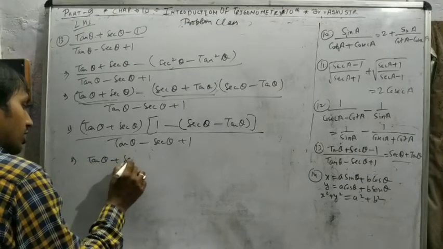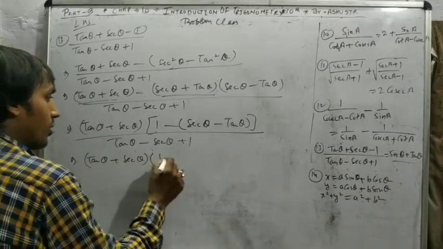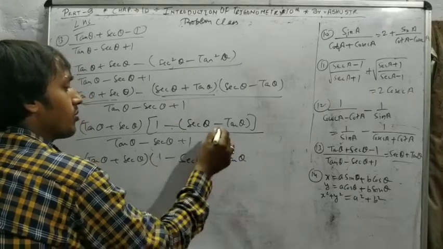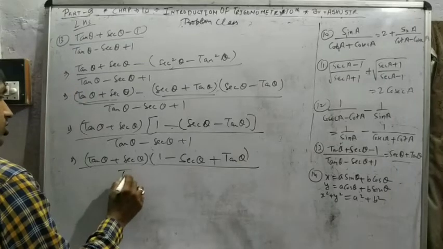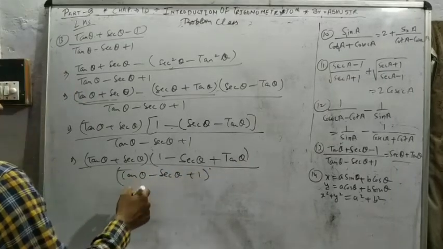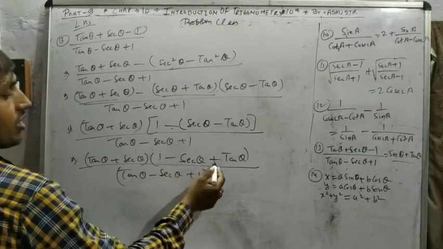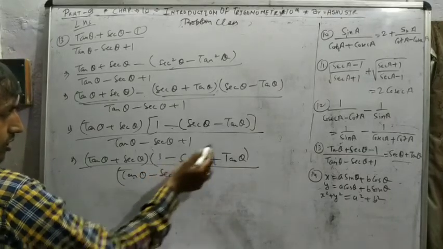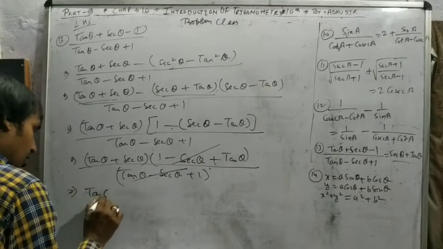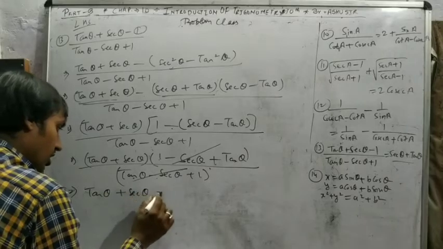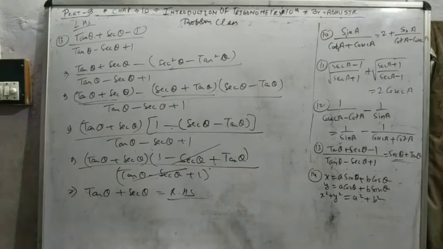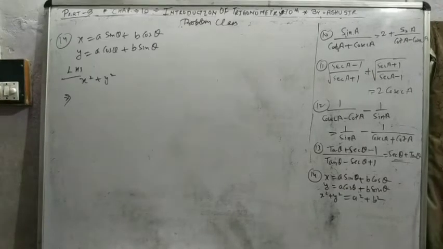Tan theta plus sec theta is the same, note down. Open the bracket. The sign changes because the minus sign is outside, so minus minus plus. Denominator the same. And you can check the second bracket from the denominator, 1 minus sec plus tan. 1 minus sec plus tan is the same, so it cancels out. So we get the value of the RHS. Okay. Very simple question. Pause, we note down.